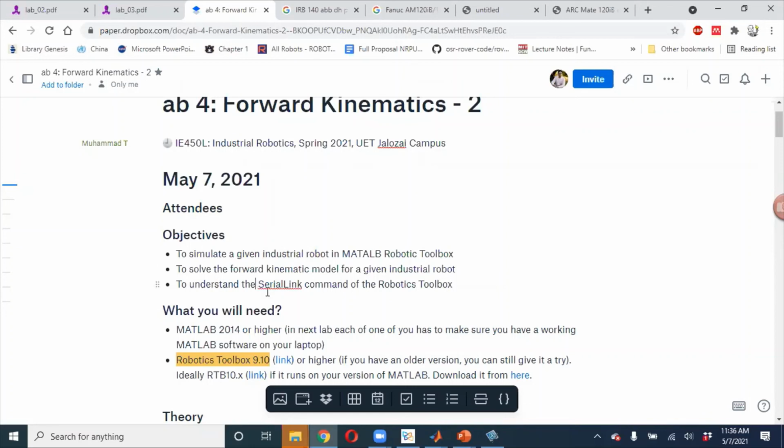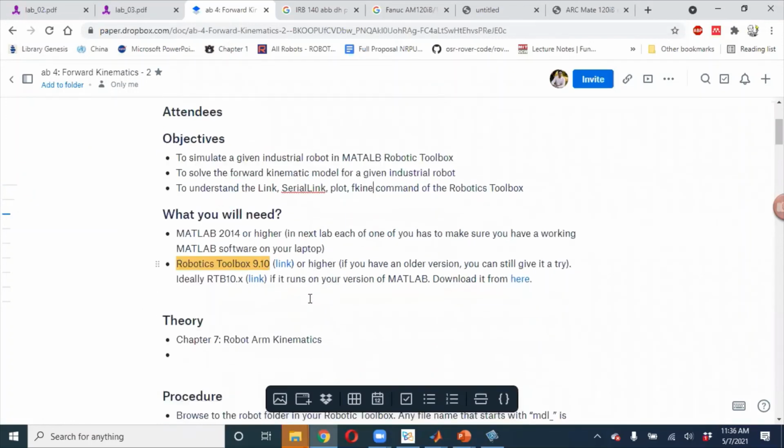Not only serial link, we also did it; then through serial link we found that object, executed the plot command, and the find command as well. So these are